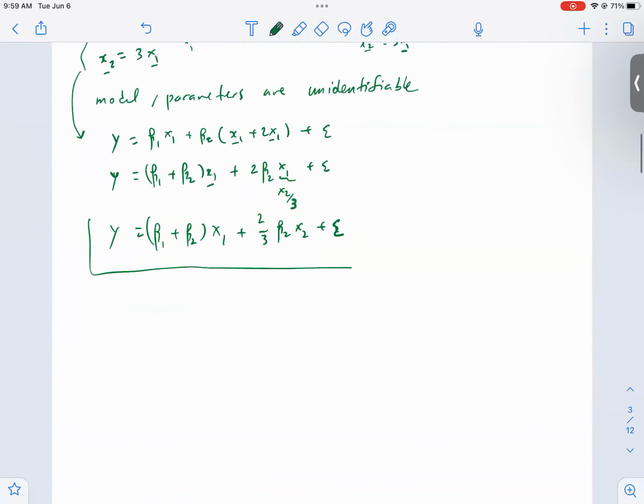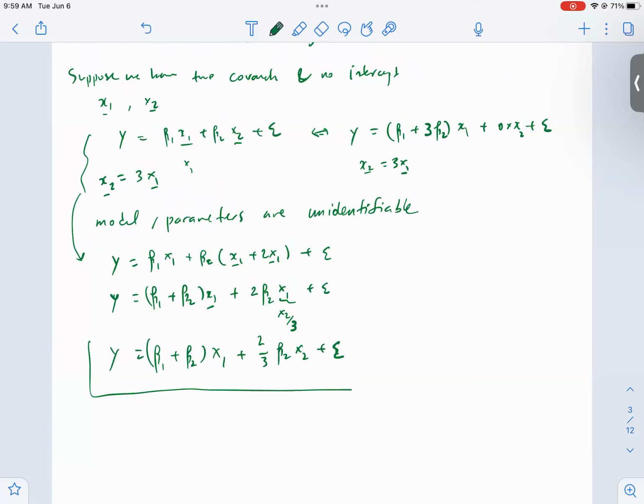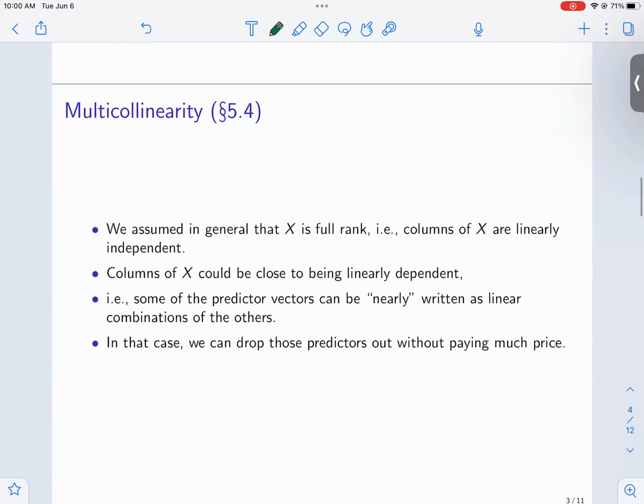So that's what I want to get at. Any questions so far? So before we get there, I want to maybe show,